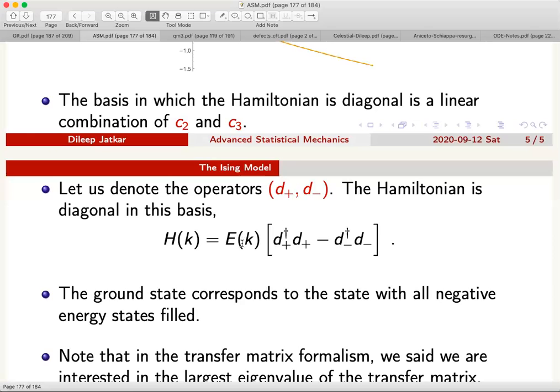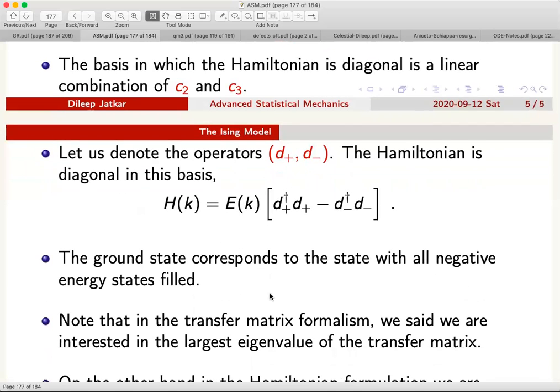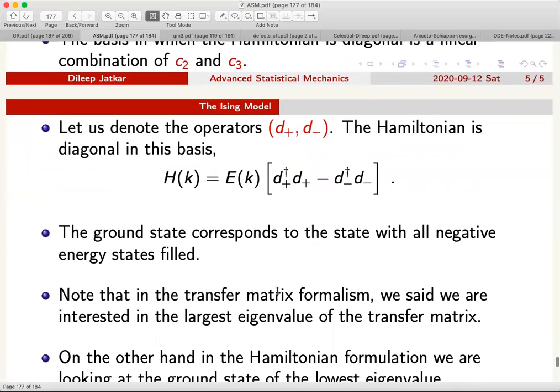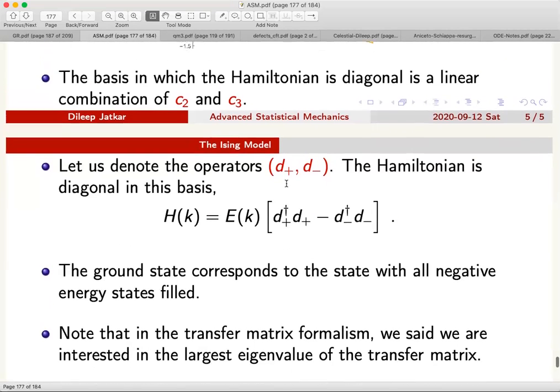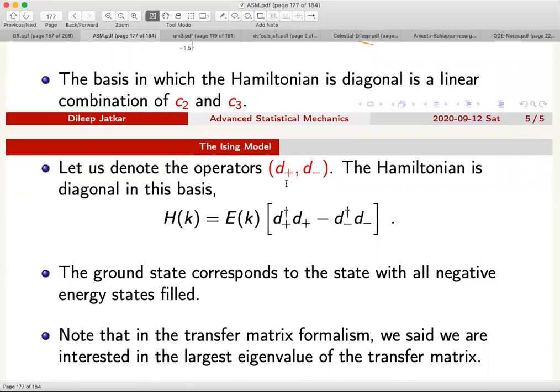So that is what we mean by the ground state being a state with all negative energy states filled. So that is what we want to do. So let's go back to the transfer matrix formalism just to understand what it is that we are trying to do by filling up these states. Now remember that in the transfer matrix formalism, we basically said that when you take the thermodynamic limit, what really matters is the